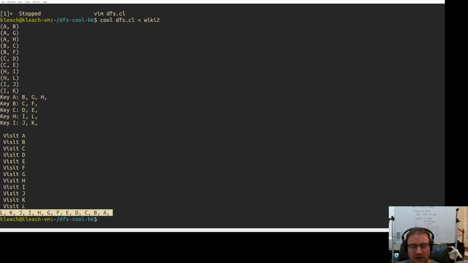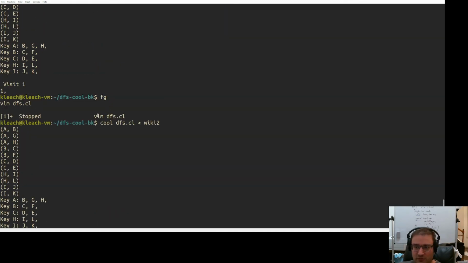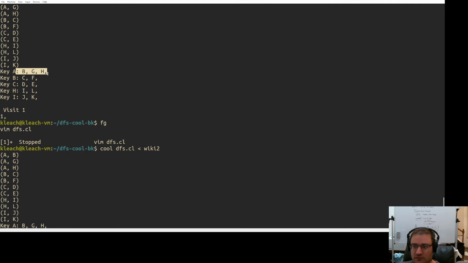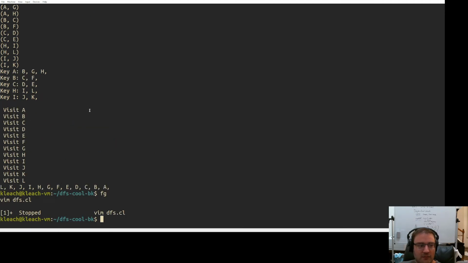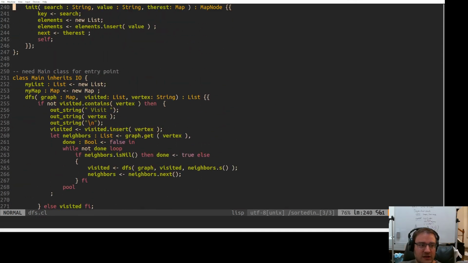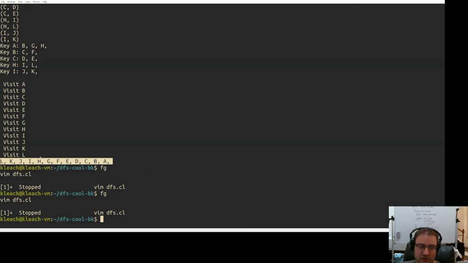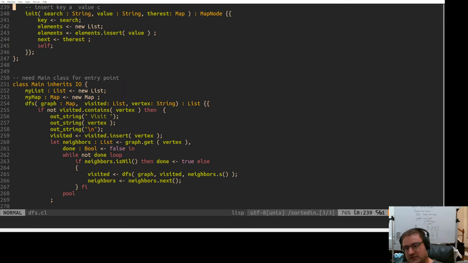And now, one last piece. Remember, the purpose of sorting was to ensure that we were maintaining this tree ordering when we were introducing our graph here. The other issue though, is in our depth first search implementation, we want to respect the exact order in which nodes get inserted into our list. Because that matters, it's almost correct. It's just backwards. And so now, instead of a sorted list, maybe we want a reverse ordered list,